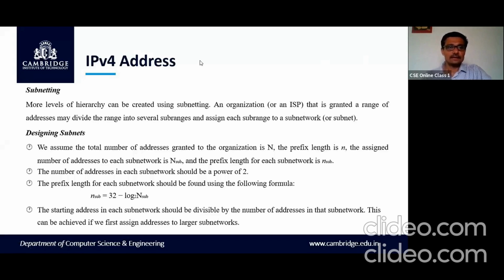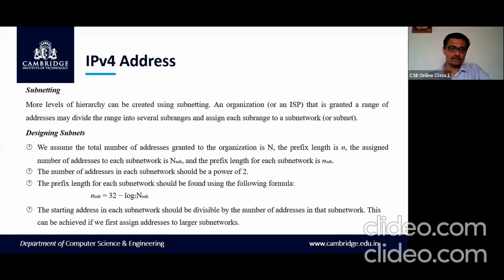So here, once the ISP allots the address to the organization, in turn, in the organization, the network administrator will allot the subnet. Okay, you will design the subnet, depending on the requirement. How many are required for computer science?